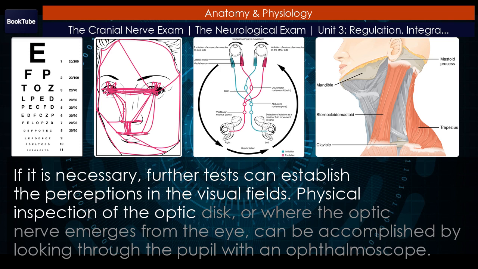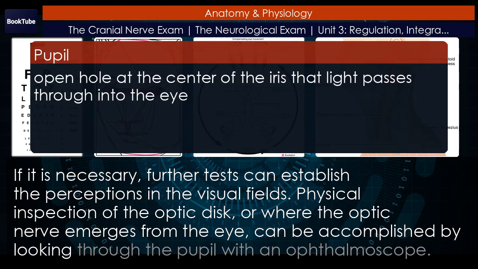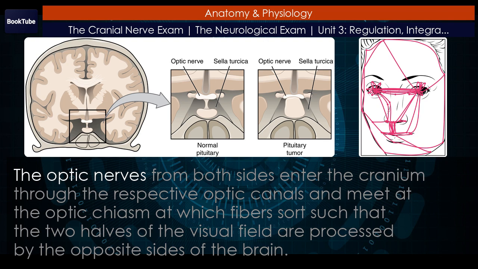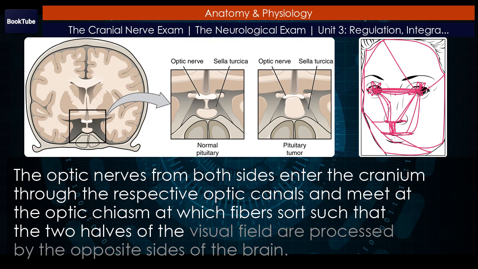Physical inspection of the optic disc, or where the optic nerve emerges from the eye, can be accomplished by looking through the pupil with an ophthalmoscope. The optic nerves from both sides enter the cranium through the respective optic canals and meet at the optic chiasm, at which fibers sort such that the two halves of the visual field are processed by the opposite sides of